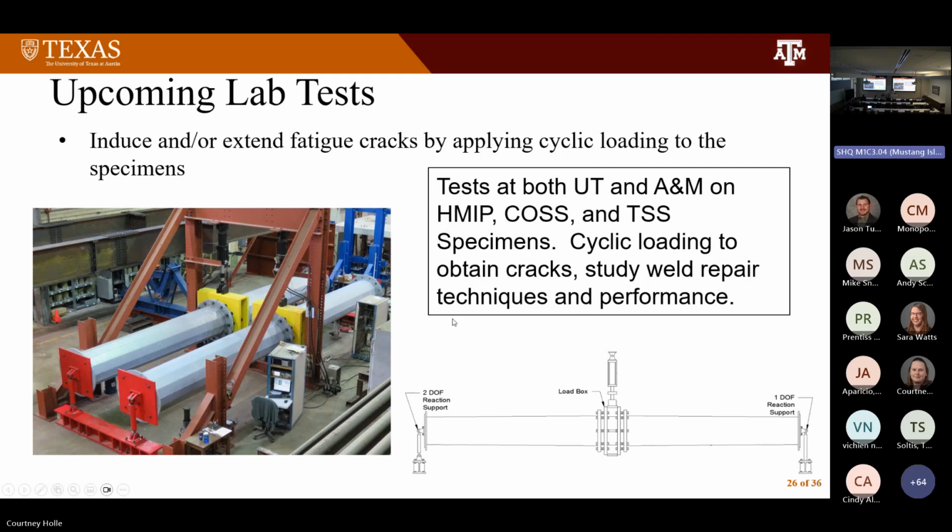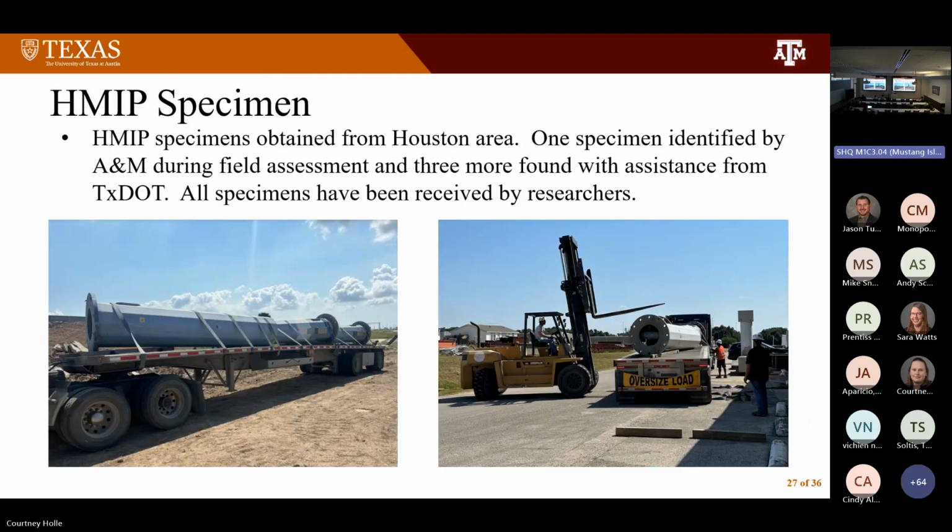So we're going to use similar structures, similar tests. Some of the tests we've done at the University of Texas, some have been done at Texas A&M. We've got the abilities at both of these to look at some of that behavior. The important thing now is getting representative specimens, so we can design and fabricate them. Ideally, we'd like to take poles that have actually seen some service. And we've been very fortunate so far.